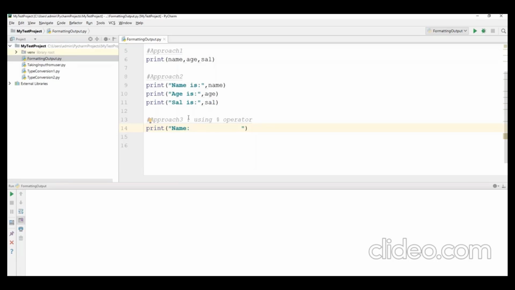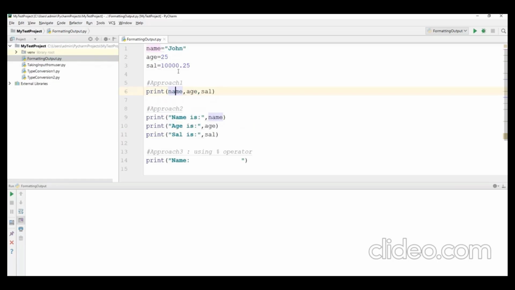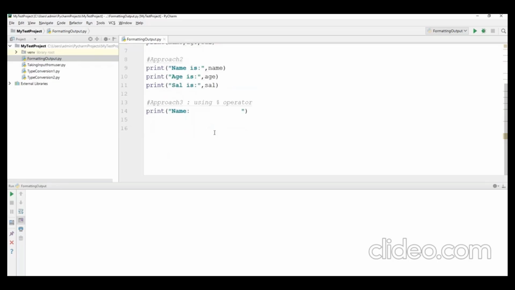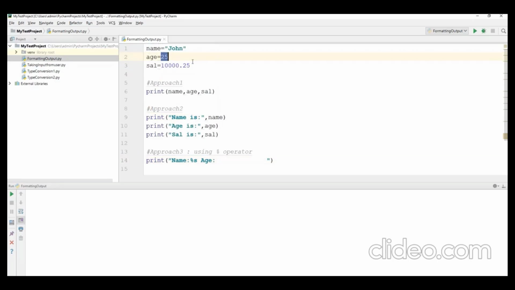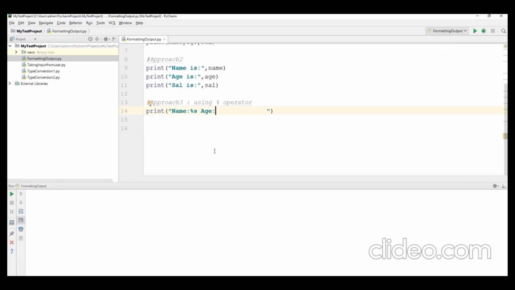So what you can do is, what is the type of the name here? The type of the name is string, right? So string means what we have to use here is percentile s. Because s is representing the string, so name is string type, right? So comma, then age. What is the type of age? Int format, that means a number format. So number format means we need to use percentile d, so d is representing the number format, that is integer format